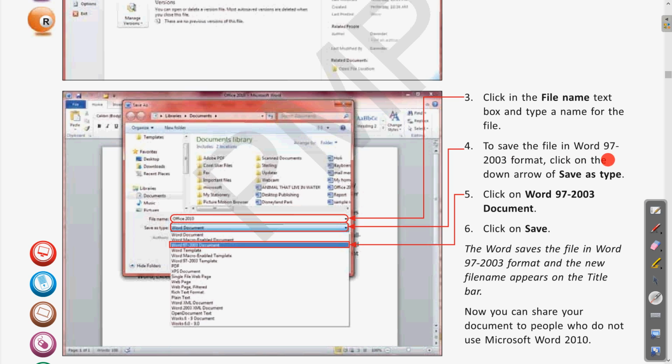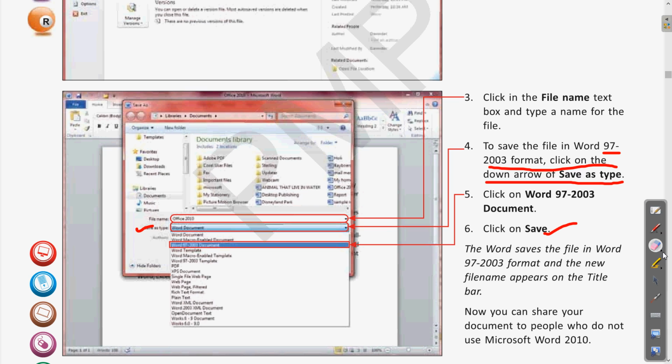To save the file in 97 2003 format, click on the down arrow of Save As type. Clear? So here we have a down button in the Save As type. Click on Word 97 2003 document and click on Save. Clear? So these are the steps.